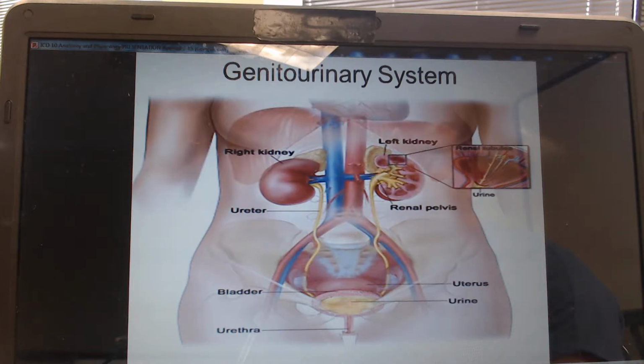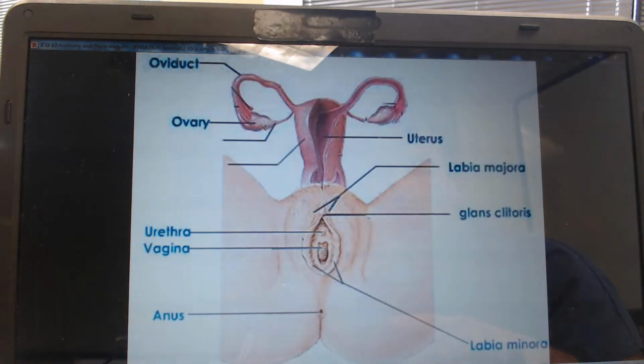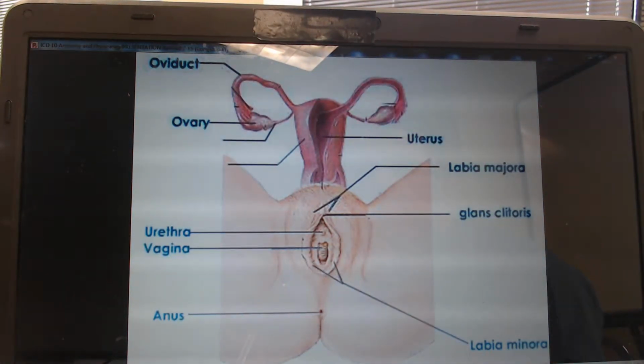In this video, we're going to cover the female reproductive system. In some textbooks, and even how it's utilized in ICD-10, it may be linked together as the genitourinary system. And we've already covered the male urinary system. But the female reproductive system, the external structures include what's called the mons pubis, and that's basically the entire region